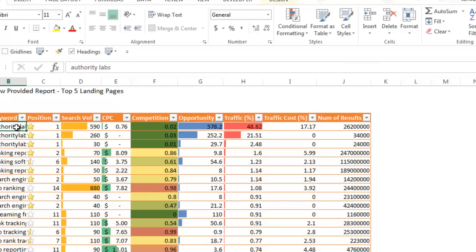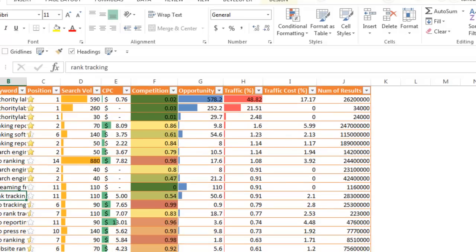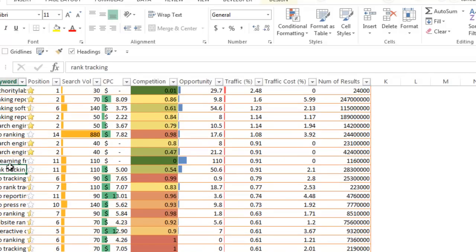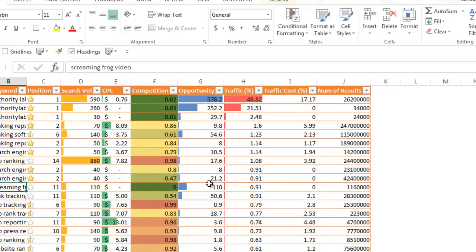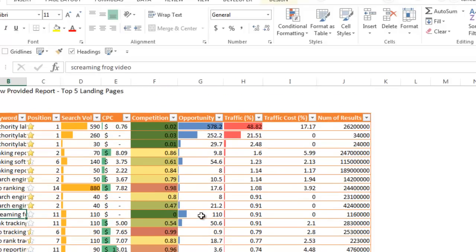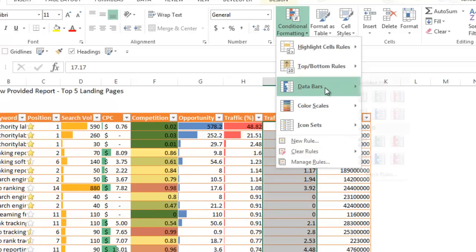So our keyword Authority Labs is obviously doing very well for the traffic and opportunity because it's a branded keyword. And we can go ahead and see that Screaming Frog video is actually doing really well with their opportunity scale. That was actually for a post I did recently. Woot. I'm going to add in another data bar for traffic